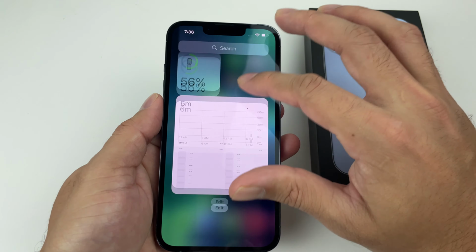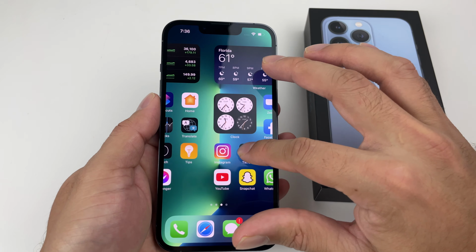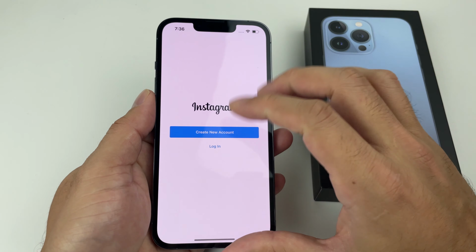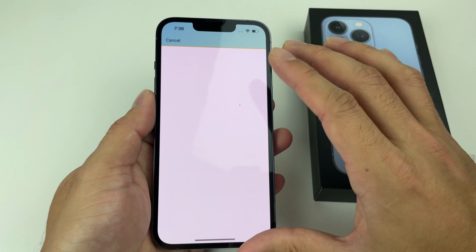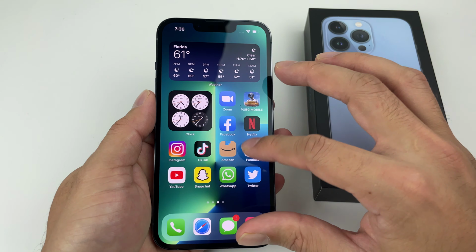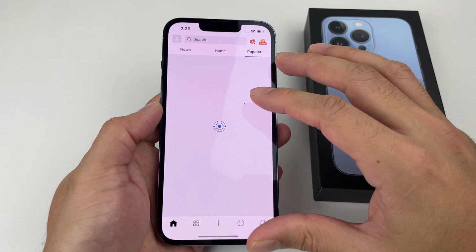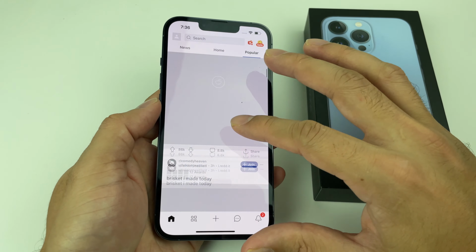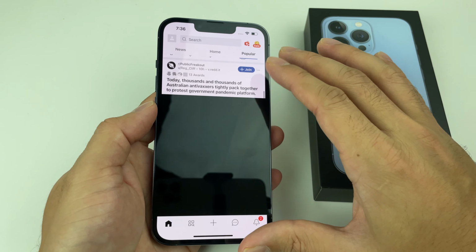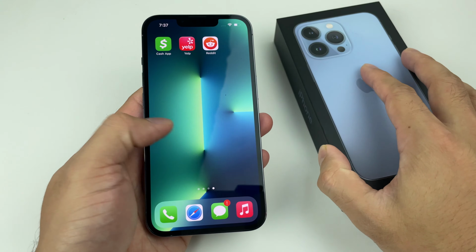When you open up applications, when you're navigating, you'll see here when you go from one thing to another, it simply just opens up the world. Of course, you might not notice it in some applications, but you get that sort of instant feel like it's faster because of that 120 hertz for the very first time on the phone. So it feels like it's faster, but again, it's because of that 120 hertz that's just able to mimic that display to just show you that, you know, the phone itself